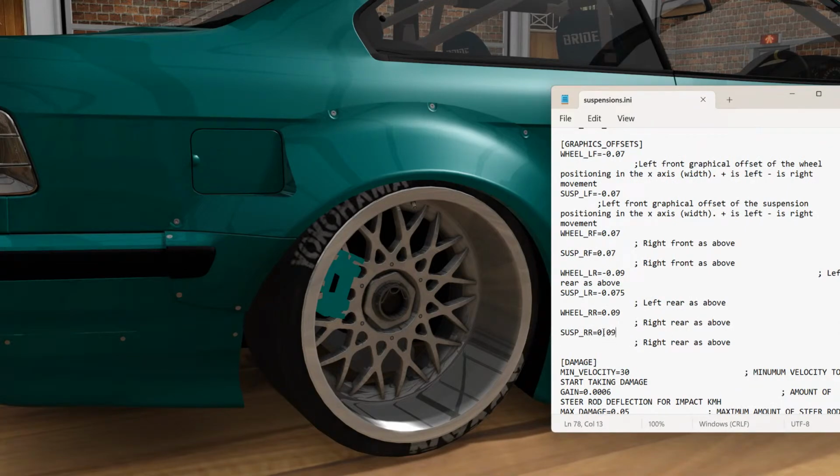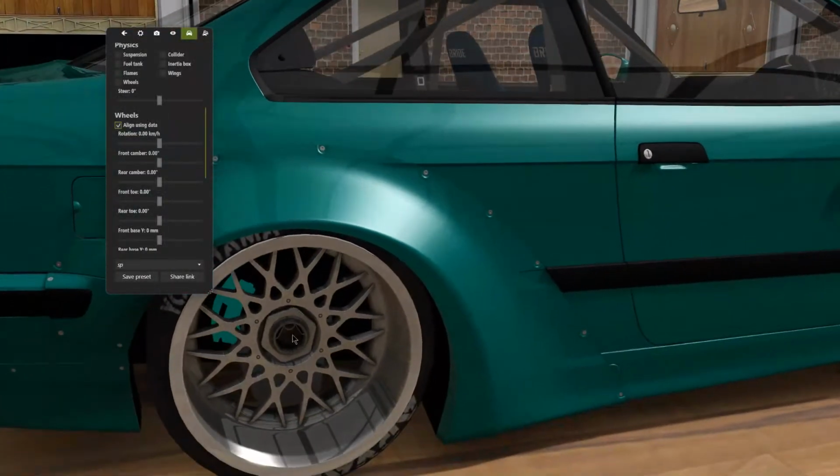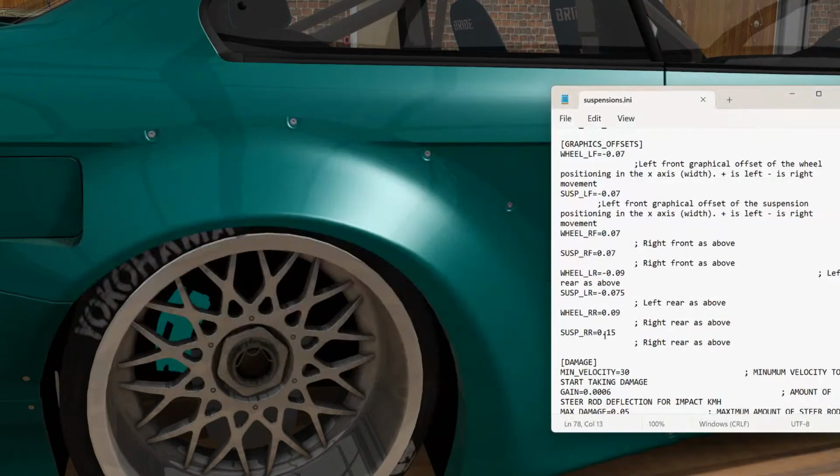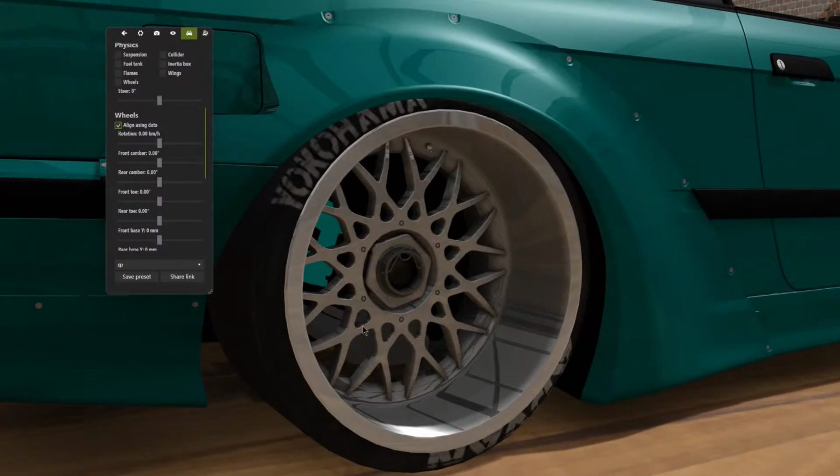It's done nothing. What if we go the other way? No. Give it some more. There we go. So you just fiddle around with the numbers until it lines up with your disc. Out of the way. If you can't see your disc,